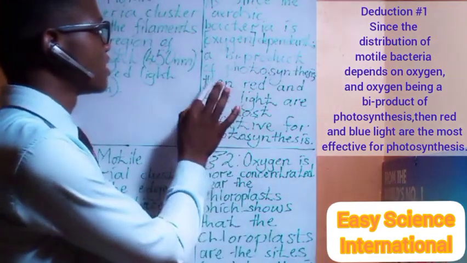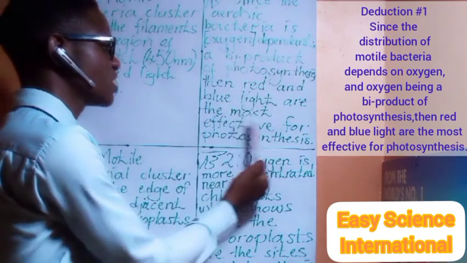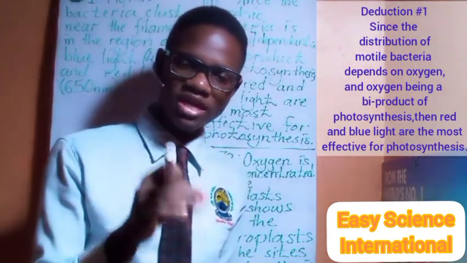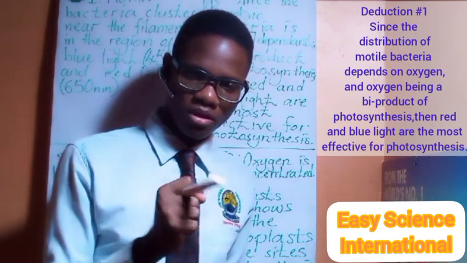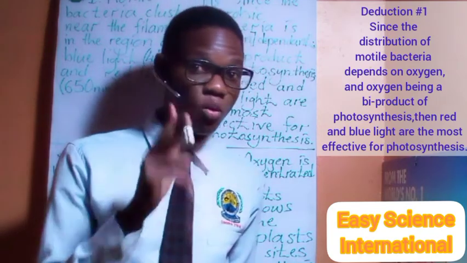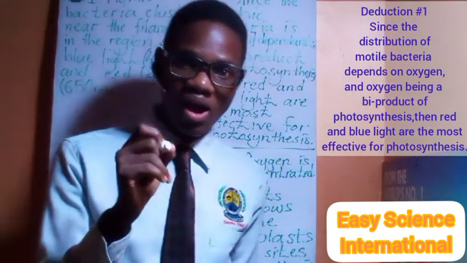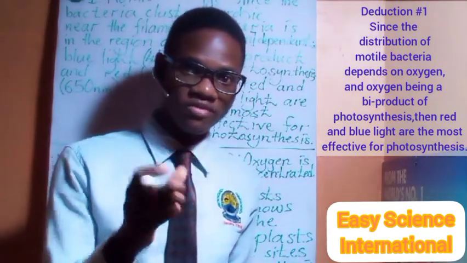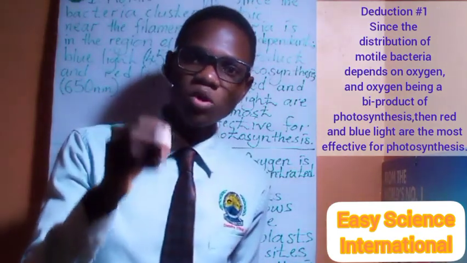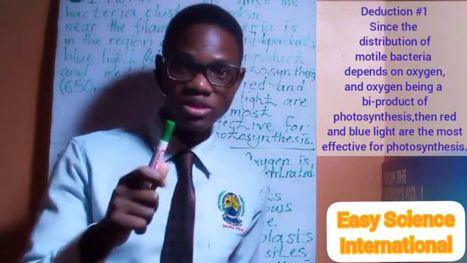So we see then the red and blue light are the most effective for photosynthesis. Yes, so we are seeing the motile aerobic bacteria being attracted to cluster around the red and blue regions. We deduce that these regions of light, or the wavelength of 450 nanometers blue and 650 nanometers red, are the most effective wavelengths in stimulating the process of photosynthesis. As a result, they